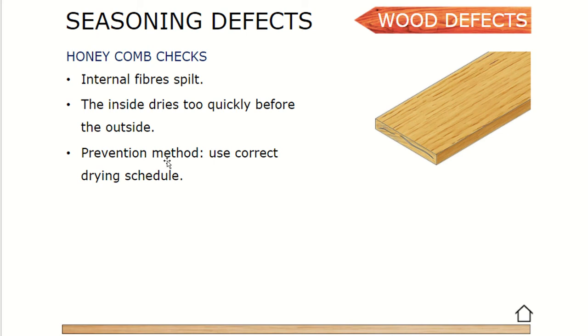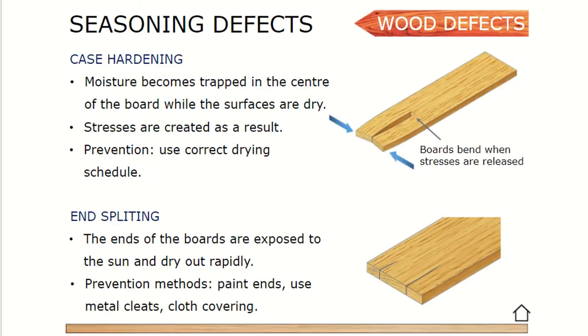How could you prevent this? You could use the correct drying schedule. In other words, not to dry it out too quickly. So maybe if you're drying it in a kiln, you'll give it heat slowly. Okay, so that's a honeycomb check. It's just like a crack inside. And you can see here there's two little cracks here in the end grain, and we've highlighted them in black. All right, now the last two